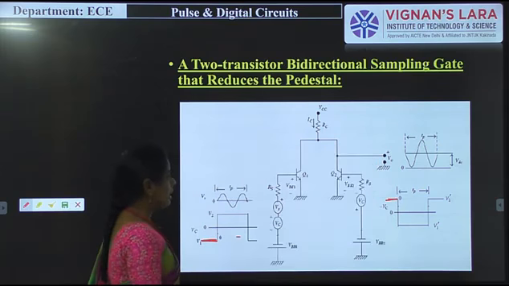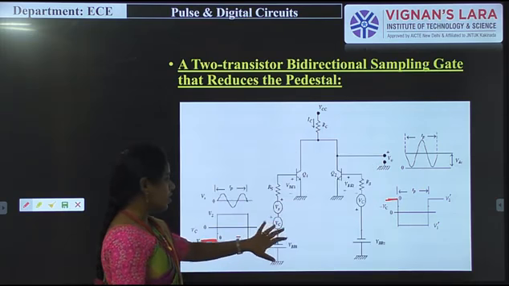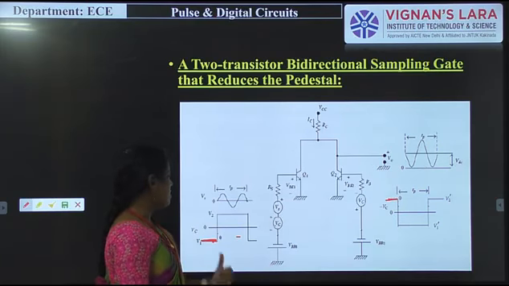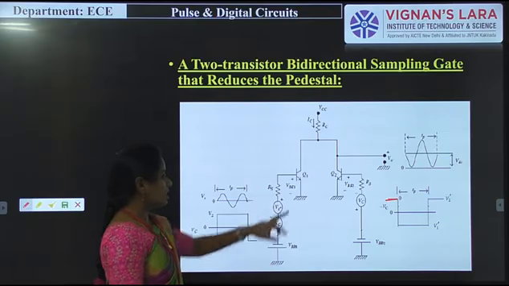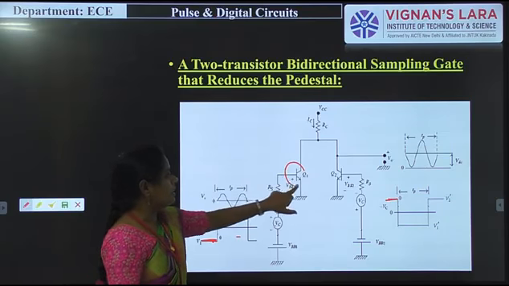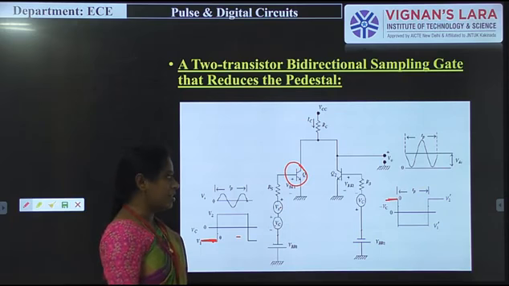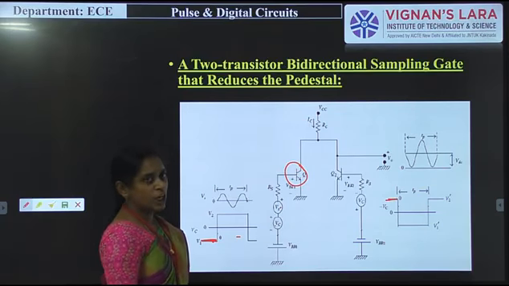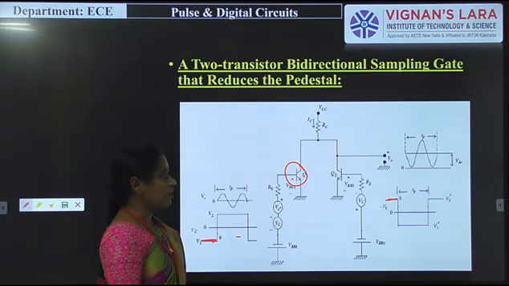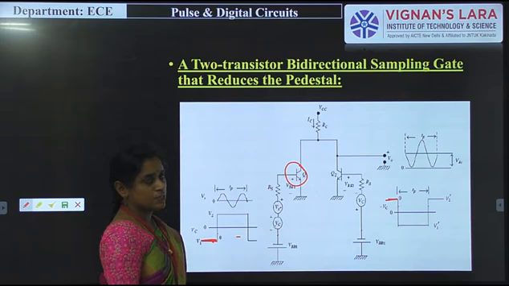At this particular time, just observe the output condition. At this condition, what is the VC signal? The VC is negative, so the transistor Q1 goes to the off condition, and the VC signal is positive. During this time, the transistor Q2 is in the on condition. In this particular time, no transmission occurs. Why? Because the transistor is in the off condition, that's why no transmission occurs.